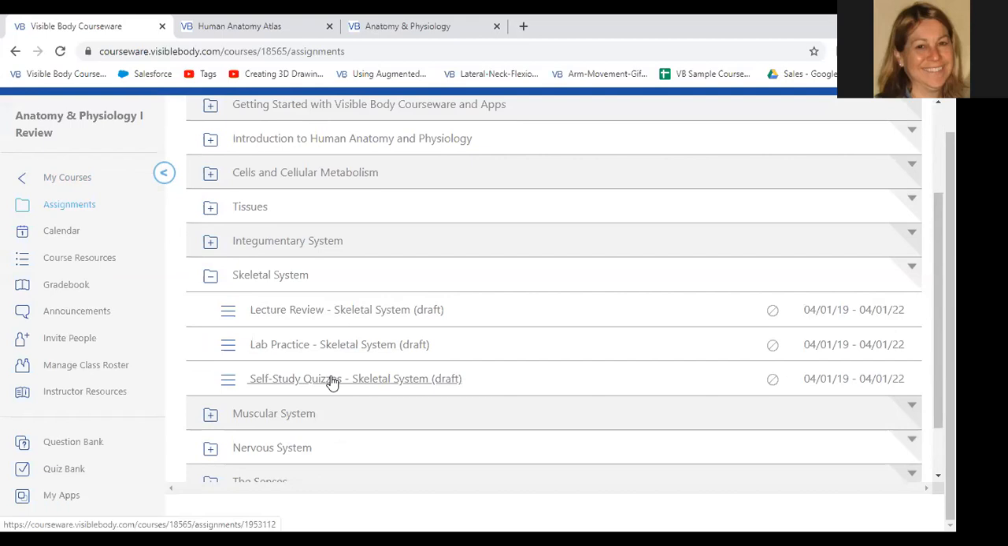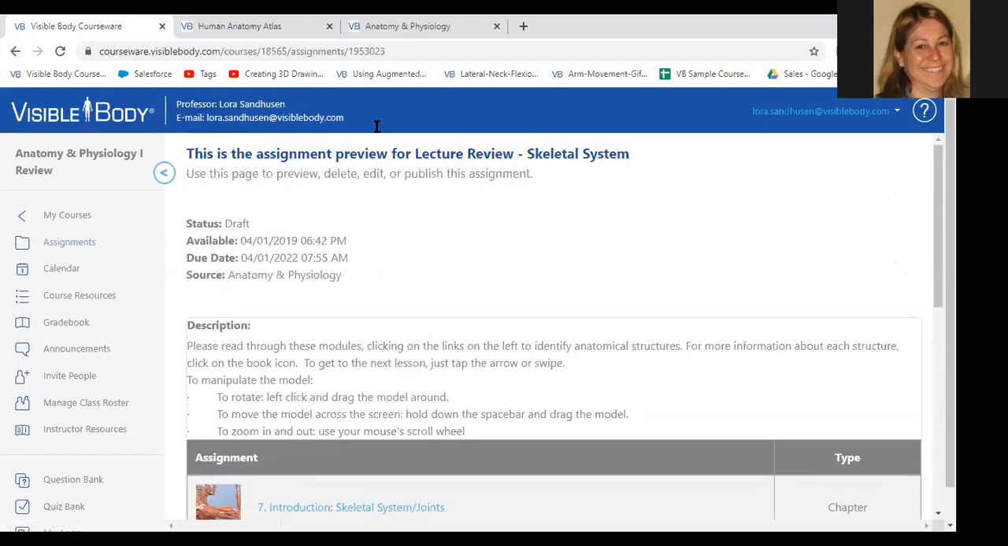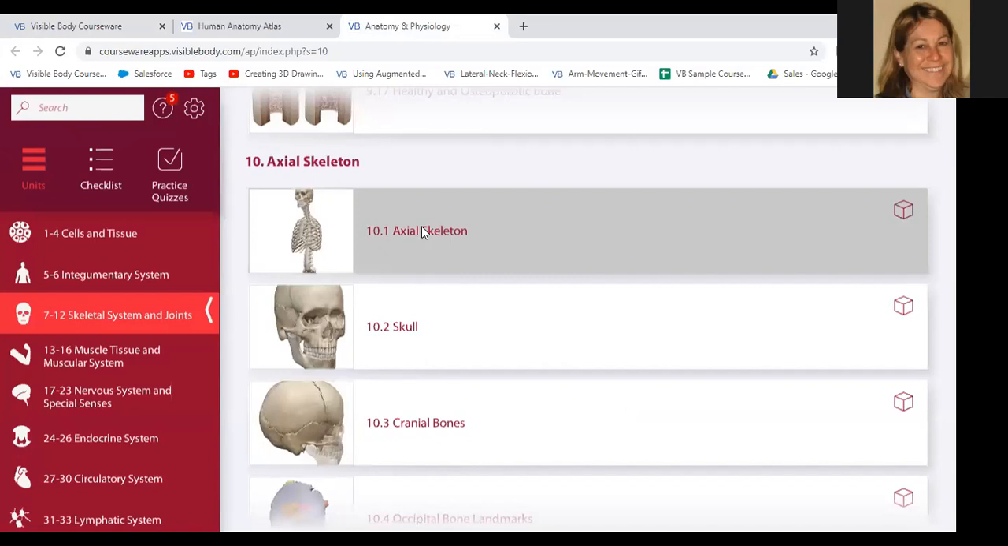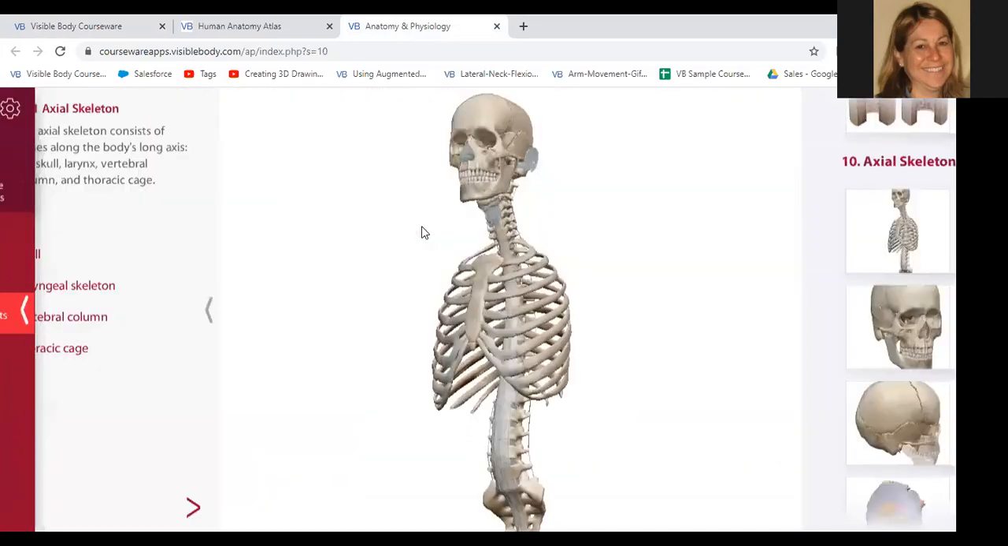There's no grading, there's no due dates. It's purely for students to use as review. And you can actually set this up yourself and make it available to them in less than 5 minutes, actually in less than 2 minutes, really. So let's take a look at the first assignment, and that's going to be from the Anatomy and Physiology app. Some of you, I recognize your names, and so I know that